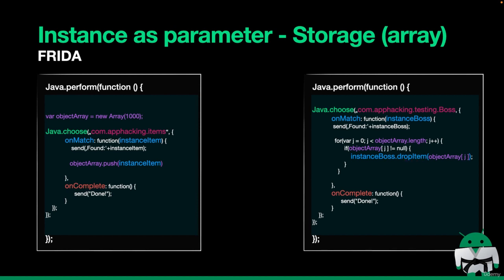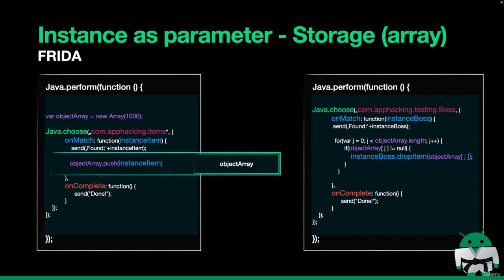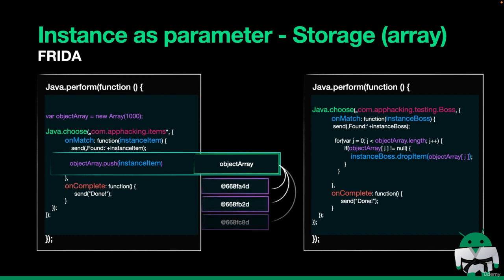Okay, so once again, let's recap this over here. On the left, we are searching for those item instances and we are creating a new array. Every time we find an item instance, we push this into our array, like here. Okay, so now we've got 3 item instances in our array. Now, if we want to call the instance boss drop item method, we have to provide those existing instances, but we have already saved them into our array. So we can simply reuse them over here, and then we can simply provide an existing instance into another instance method. Alrighty? Okay. In Frida, we have to deal with global variables,